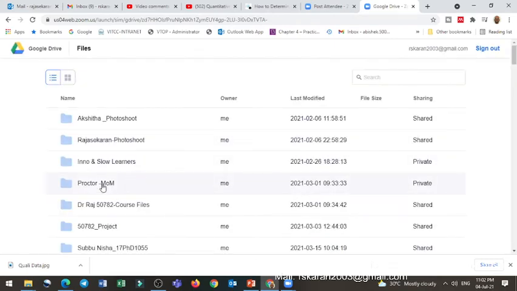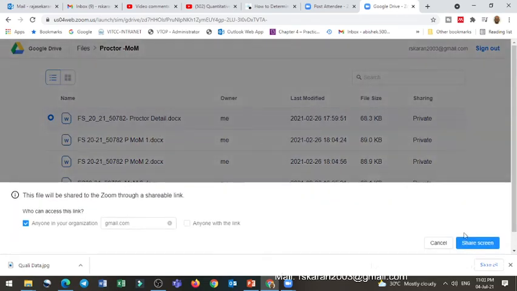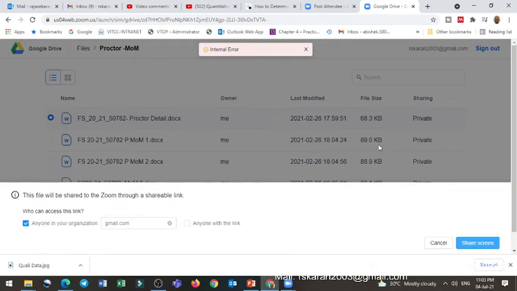Say for example, I'm clicking this one file and I want to share this particular screen. Okay, some error is okay here. Anyone in your organization with gmail.com, or here you can set it up.